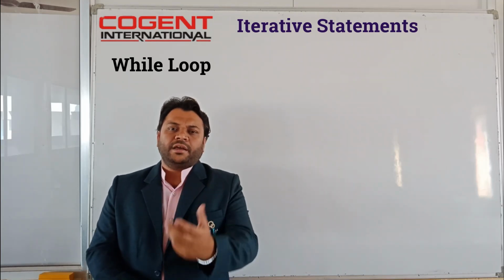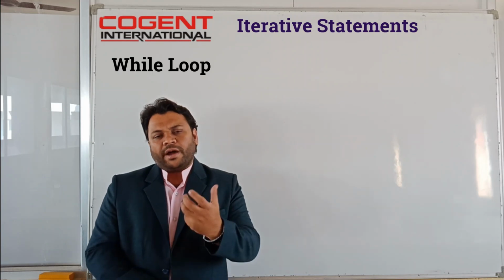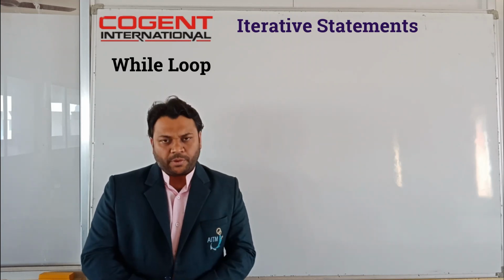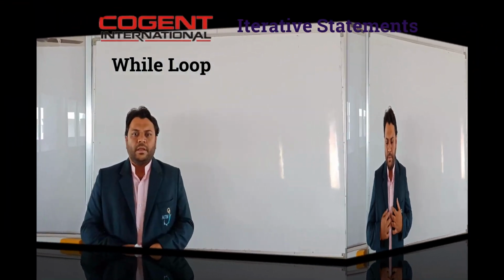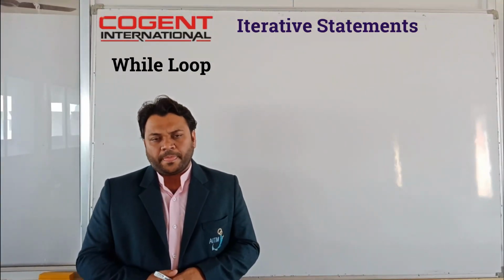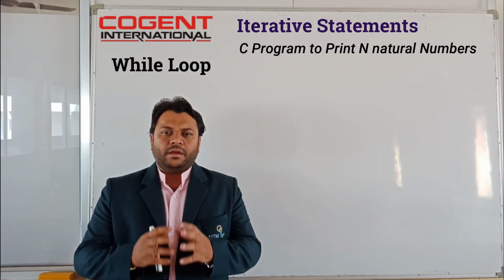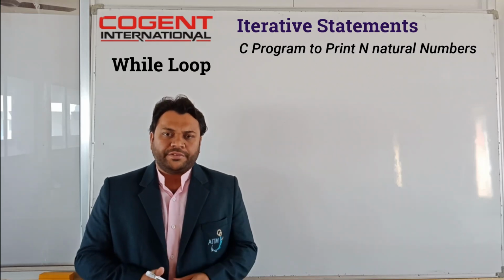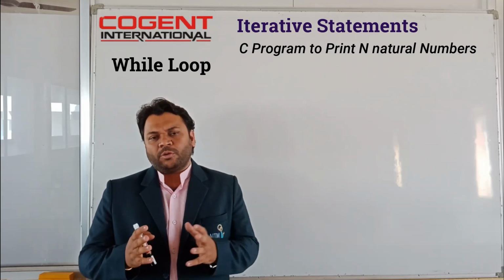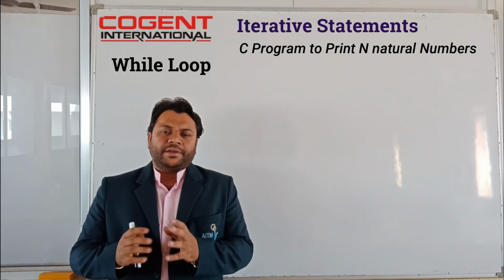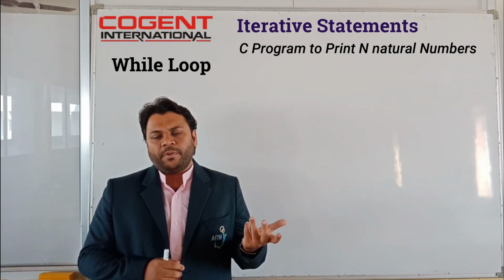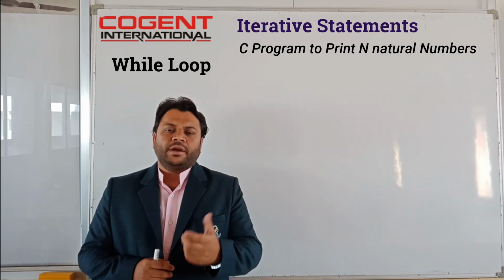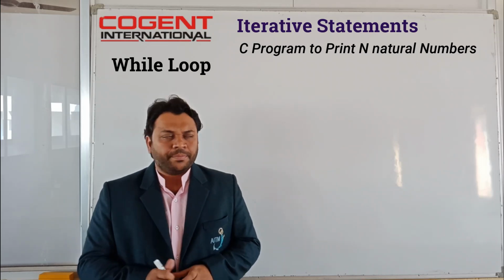Now let us understand an example of how the while loop is used in C programming. Let us consider an example to print the n natural numbers. Suppose I want to print the 10 natural numbers, then using the while loop, how are we going to print those 10 natural numbers? So first,